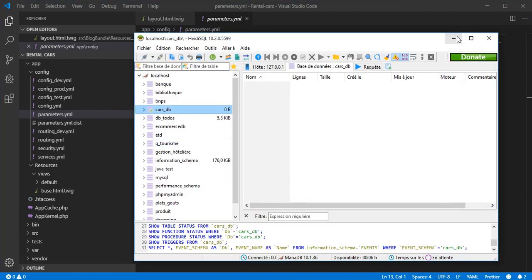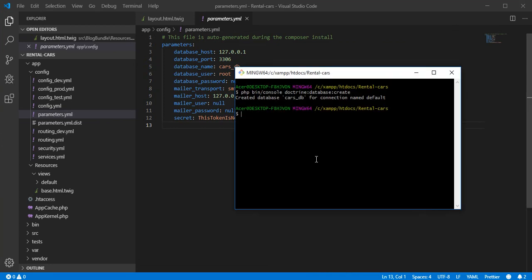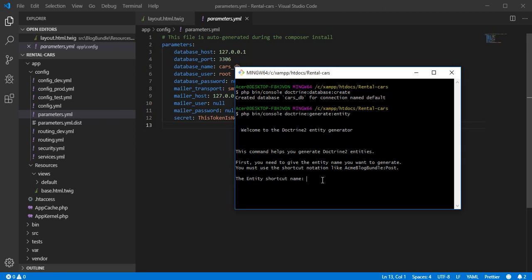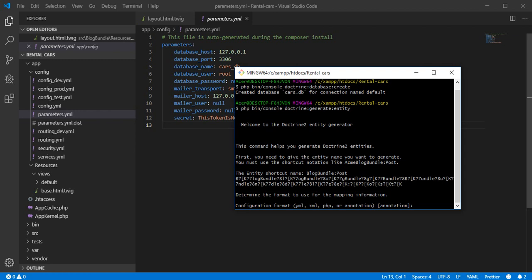So now let's go and create our first entity. Let's go to the bash again and write php bin/console doctrine:generate:entity. So hit enter and it asks us to give the name of the entity, but the name of the bundle before, and since we are working with the blog bundle, let's keep it that way, BlogBundle. And give it a name. Let's give it Post, for example. Let's hit enter, and now for the format, let's keep it annotation,